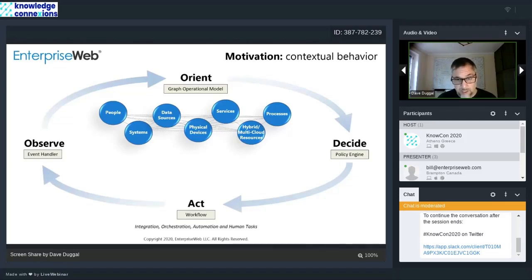And they're always going to be real time because it's an event-driven system. Everything is happening in real time. And the system is managing the consistency, transactional integrity, etc. And when we say take action, we're not just talking about integration. We're talking about integration, orchestration, automation, and human tasks. So in a single click or a single event, we might be actually doing 1,000 separate operations,